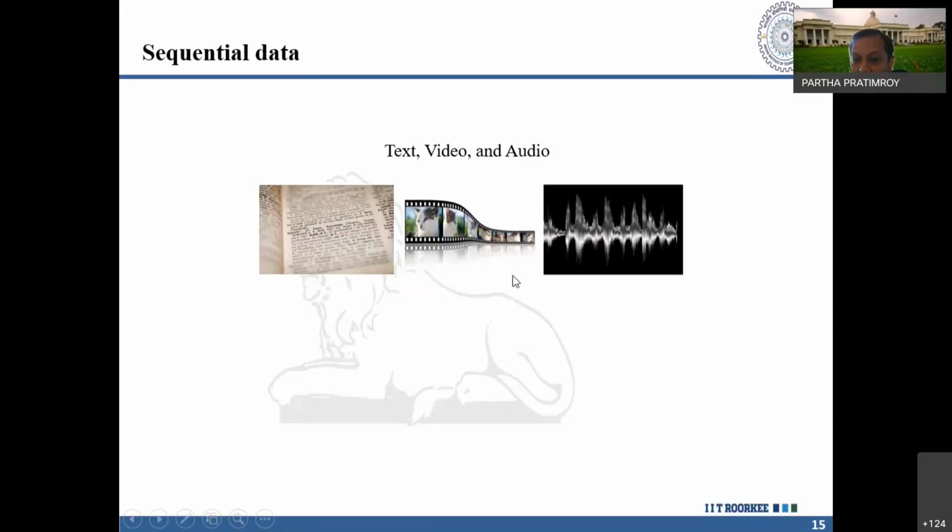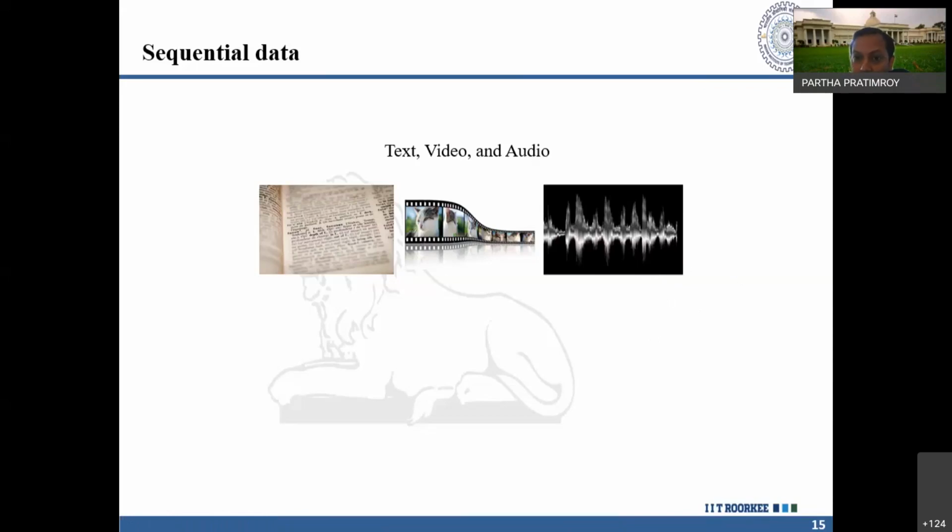A video is actually a set of frames. Frames you can process using CNN. But when you have an ordering of these frames, if you change the order randomly, sometimes it will not make any sense. So to have meaning, we need to process them in a sequential manner. Similarly in audio, if I'm talking and you change some of these features in the beginning, it will not work. But in CNN or traditional machine learning algorithms, this will work.